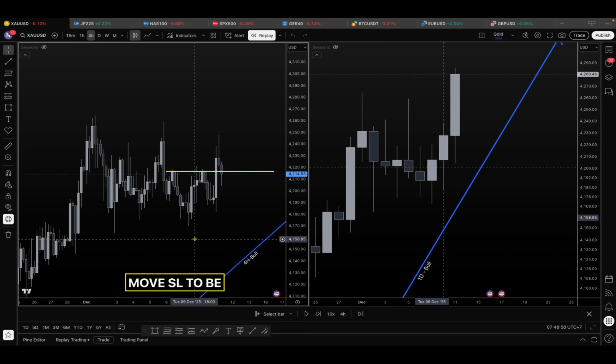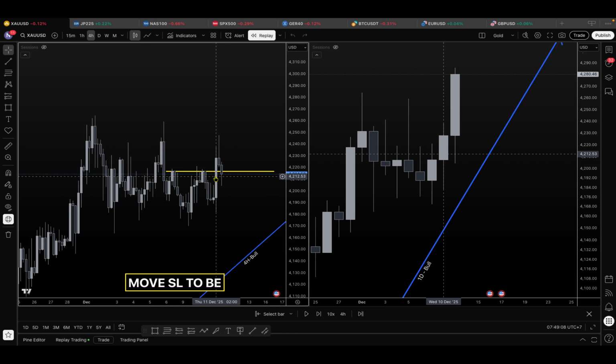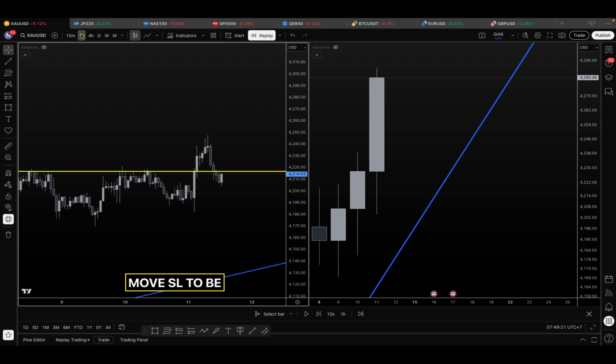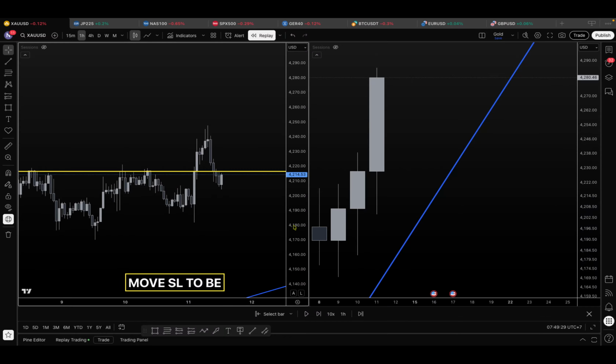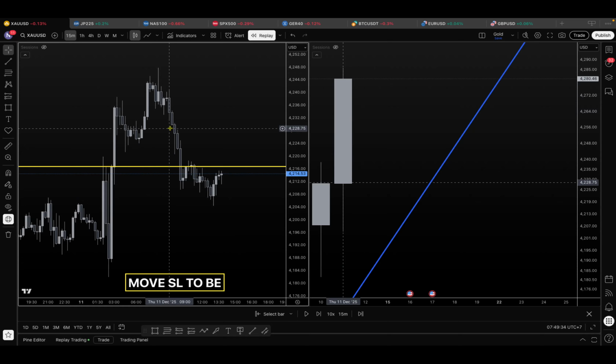I went down to a lower time frame to see if there is any sign of reversal. I switched to the 1 hour time frame. Nothing interesting. And on the 15-minute time frame, I can see